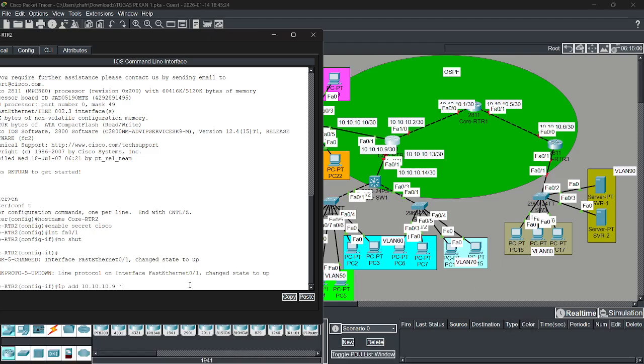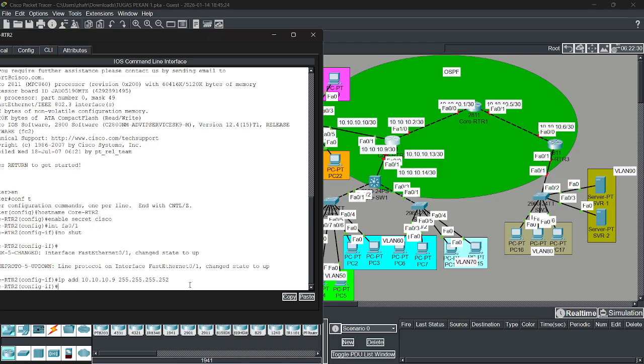Sorry. And subnet mask 252. Okay. And then interface FA0/0, I guess, yeah, 0/0, and go through the core switch 1.